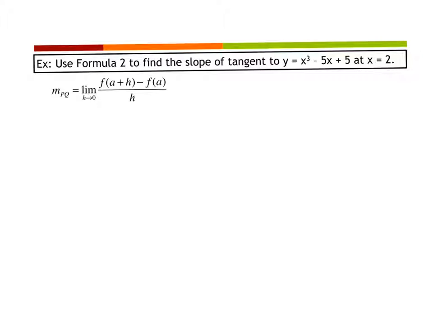So what we're looking at here, and this one doesn't look like the slope formula, but let's just talk about how it's the slope formula. You don't need to write this part down necessarily. It's more for your understanding. So if I graph x cubed minus 5x plus 5, I don't know what it looks like, so it's not going to be helpful, but it's a cubic, so I'm going to just say it looks something like that. Let's say the value 2 is right here. So that point is A. A plus H would be somewhere like over here. That's A plus H. So the point is somewhere up there, and we're talking about the line